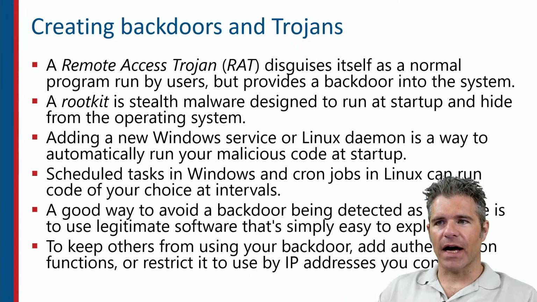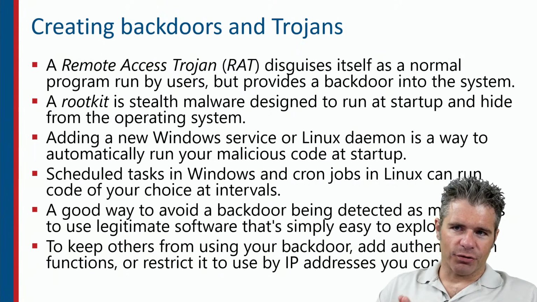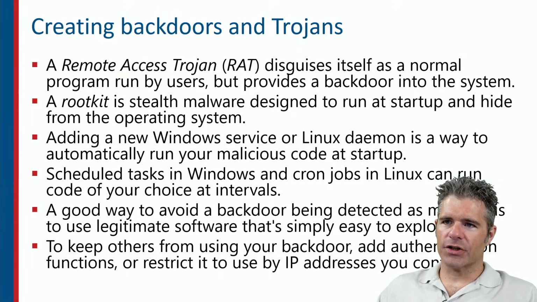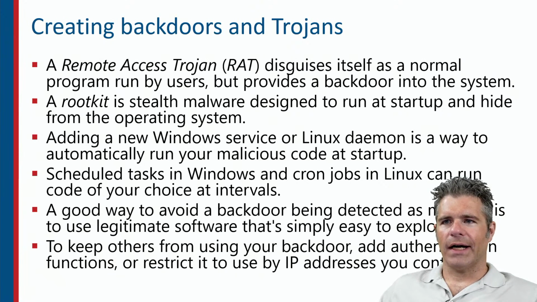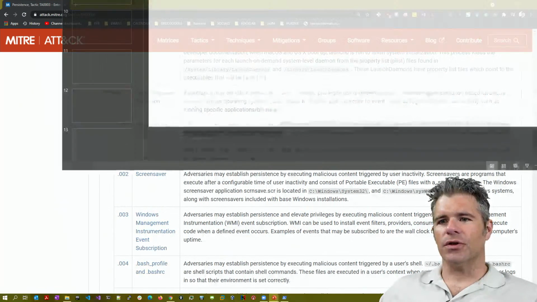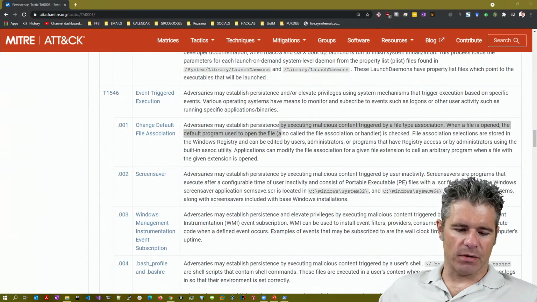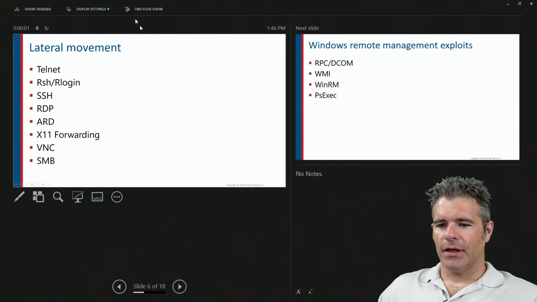Otherwise, there are a lot of options in terms of backdoors and Trojans. There are remote access Trojans, or RAT toolkits, that you can get your hands on that will give you the option to do all the things, to go through and create whatever kind of access you want. You can buy them on the dark web if you're so inclined, or write your own if you're really feeling saucy.